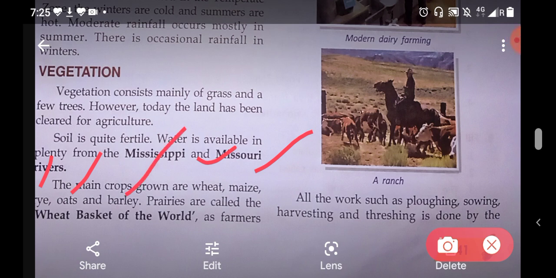Prairies are called the wheat basket of the world. This is a very important point. Why is it called the wheat basket of the world?